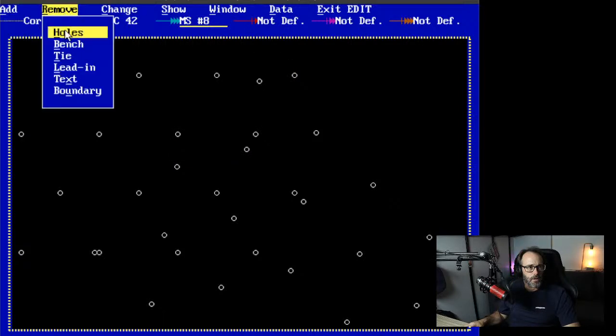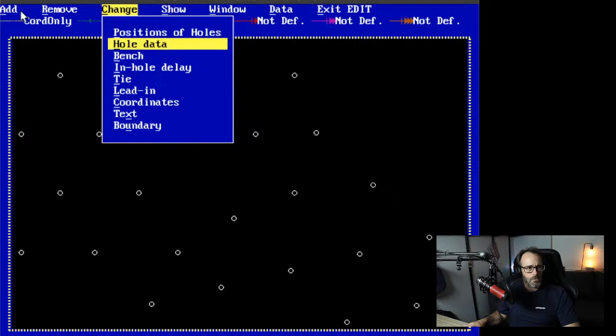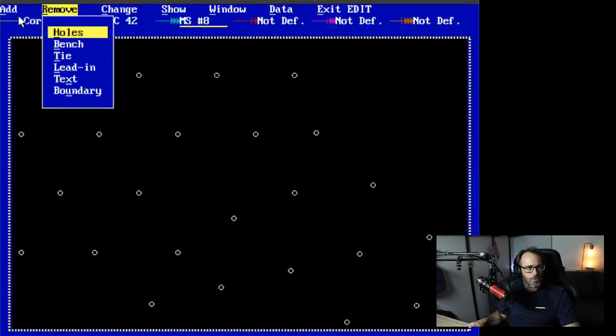All right, so let's just remove a hole, single hole, and we'll just come along here and I think we're going to remove that hole, and then that's a normal hole, so we'll move these ones out of the way, this one here, and then come around this bend. So we'll get rid of that one, we'll keep that one. Oh, look at that, deleted one there. So then it looks really rough because we're going to change a hole, or are we going to move holes, or are we going to